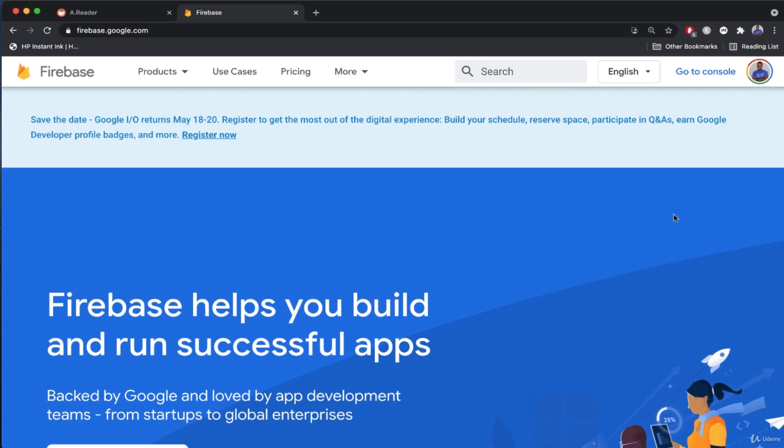So let's go ahead and set up Firebase to our project. First thing, we're going to go to firebase.google.com, and this is what you should see. Now, this assumes obviously that you have a Google account, and that is what you should have for this to work. That's why you can see now it went ahead and logged me in. Okay. Here, what you need to do, you say go to console, because we need to create an actual